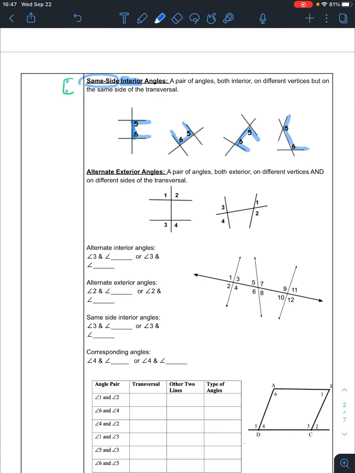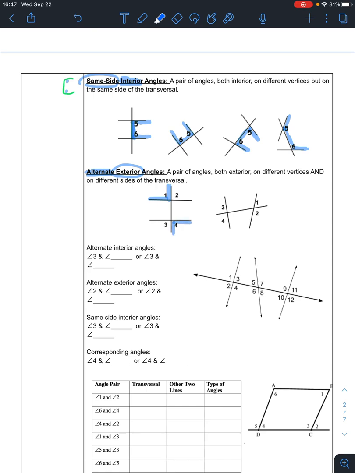Then we have alternate. There's your clue. The names tell you what they are. The only one that doesn't really tell you where they are is corresponding. So if you just learn that one, the rest of them tell you where they are. Alternate exterior angles. So we need to choose from our exterior angles. So I have one, okay, and then they're both exterior, they're on different vertices, and they're on different sides of